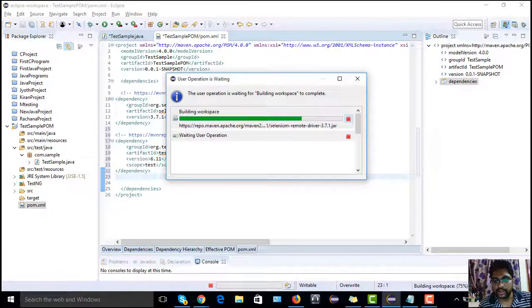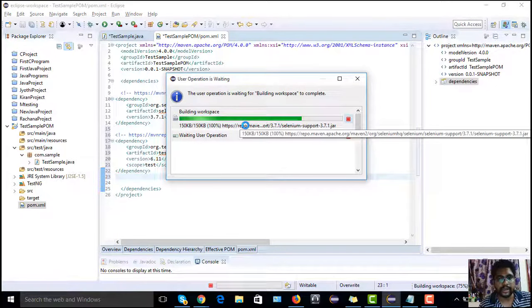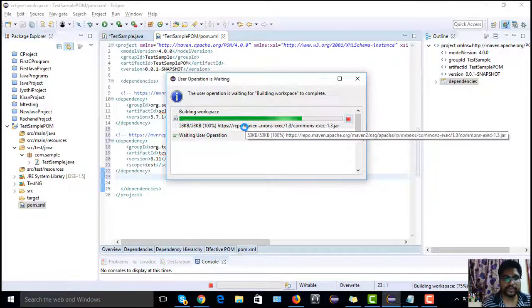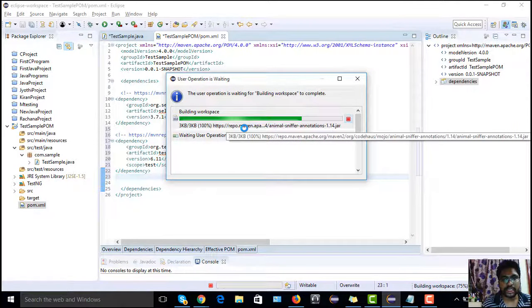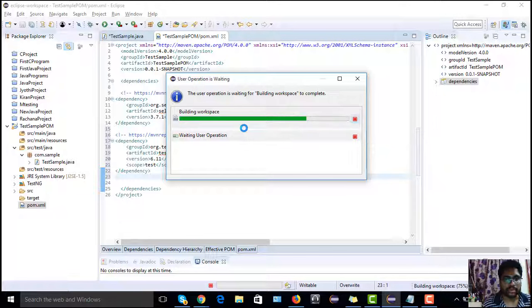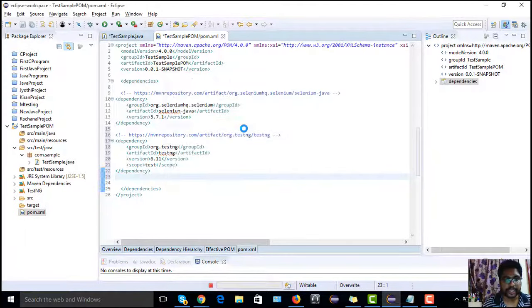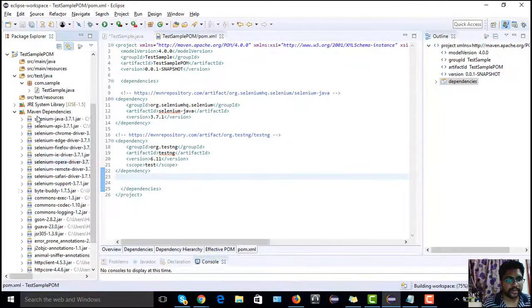If you see this, it will be downloading those particular jars into your project. Once your download is successful, you can start using the jar and you can start implementing the code. It may take some seconds. Yes, it has downloaded. If you can see the Maven dependencies, these are the things which are downloaded.